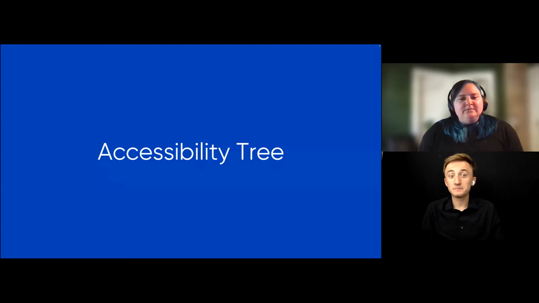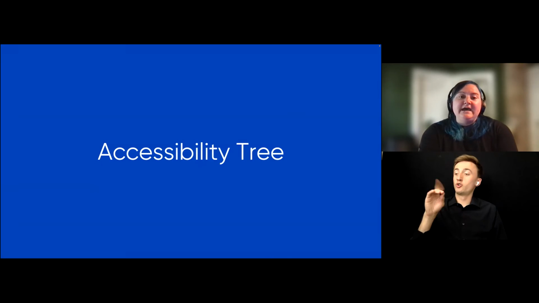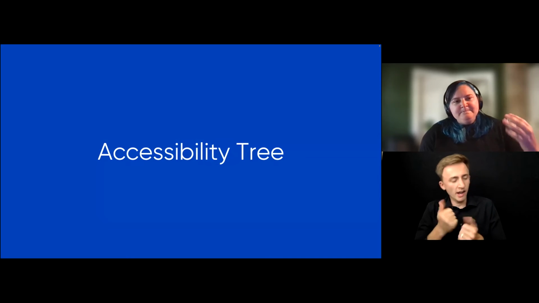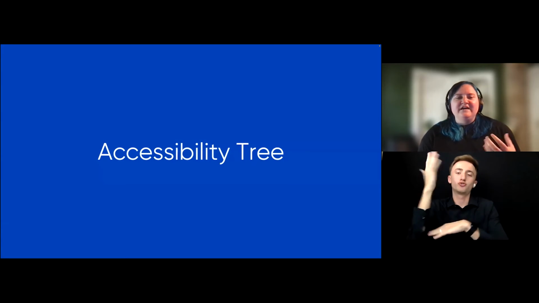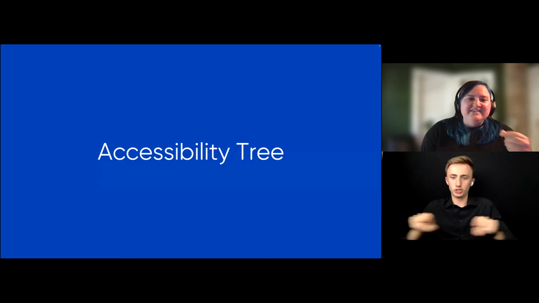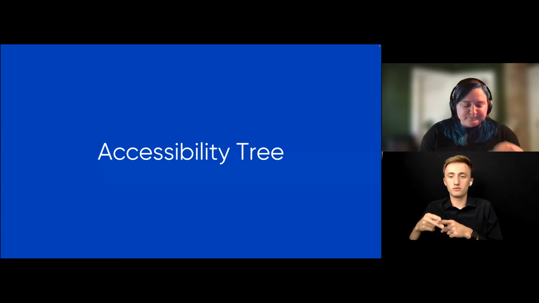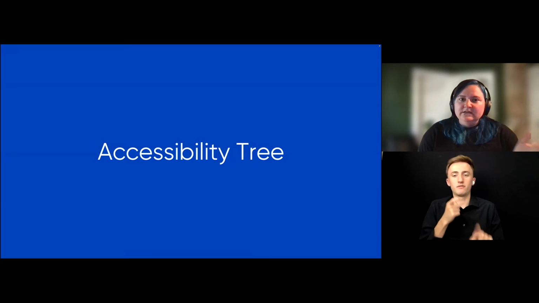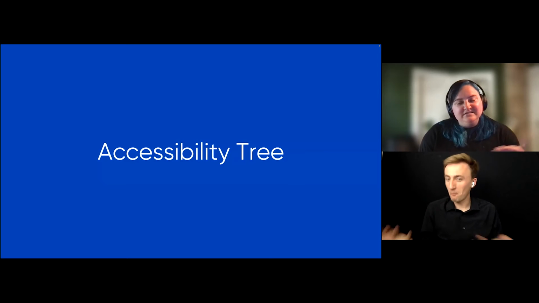Okay, so my favorite part. Often when you're doing a code review, you're going to run the app or the page in your browser as part of that to double check all the layout is correct and things like that. I always use the accessibility tree when I'm doing code reviews or if I'm verifying things within the document, the page. It is probably my favorite tool. And this is something that we can access in DevTools in both Chrome and Firefox and probably other browsers. I prefer Chrome, so my examples will be from the Chrome DevTools panel in the browser. And there's an accessibility tab that displays the accessibility tree.